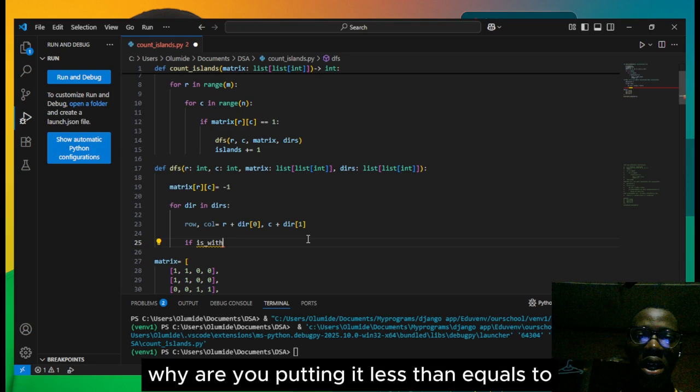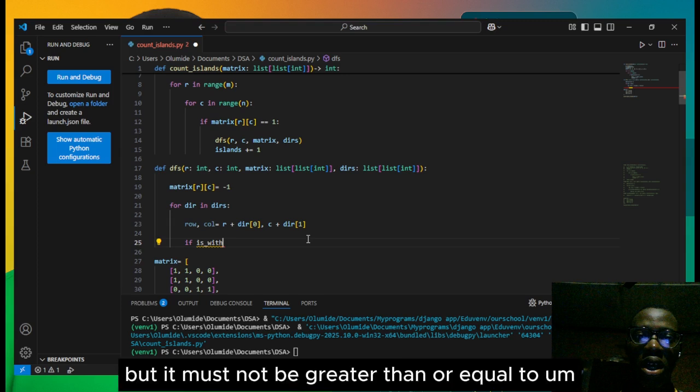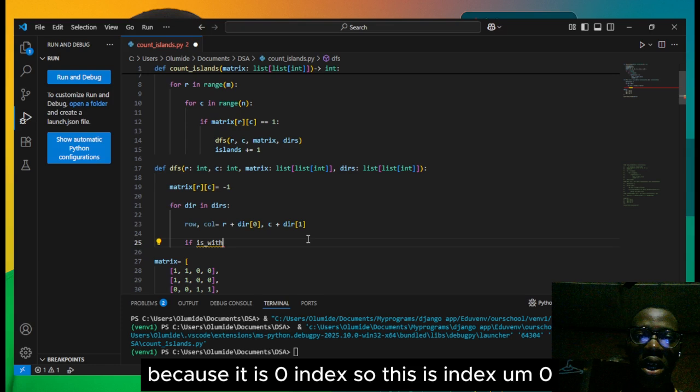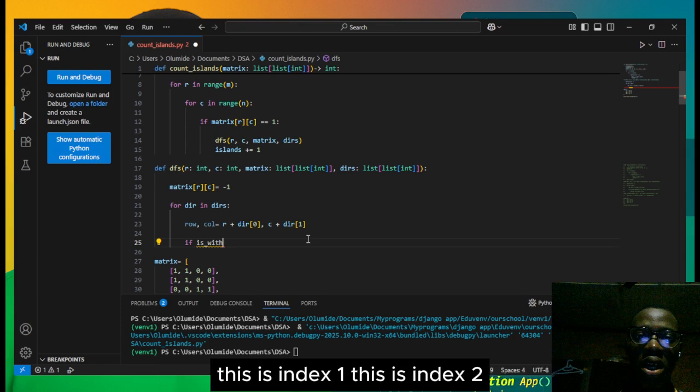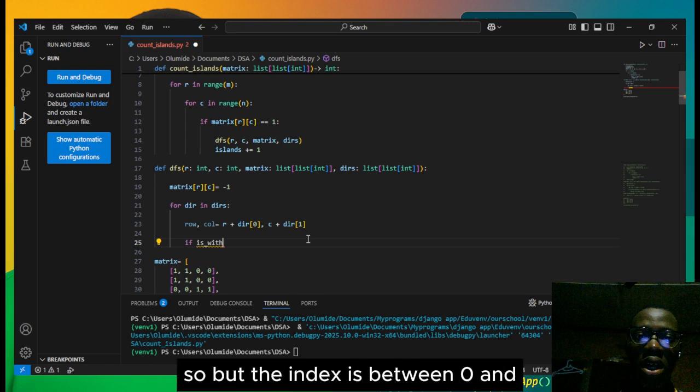Why less than or equal to? Because c can be 0, that's fine. But it must not be greater than or equal to the length of matrix of 0. Why? Because it is 0-indexed. So this is index 0, this is index 1, this is index 2, this is index 3, whereas the length of matrix of 0 is 4, so the index is between 0 and